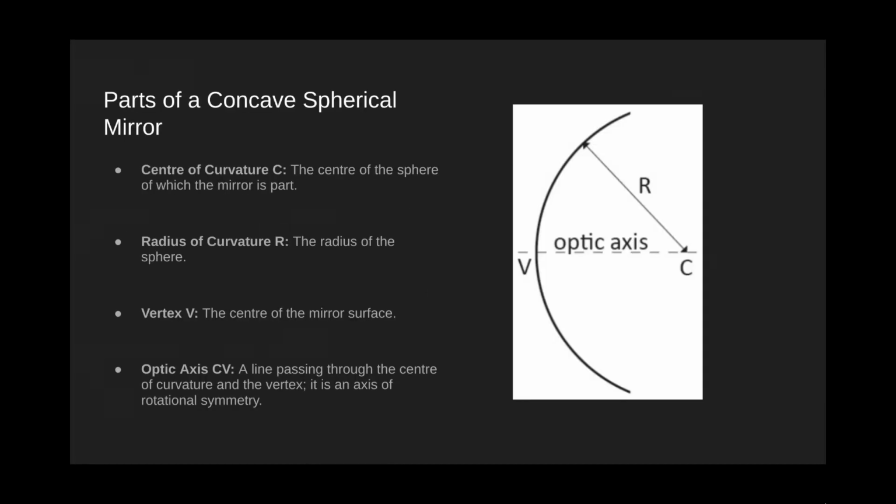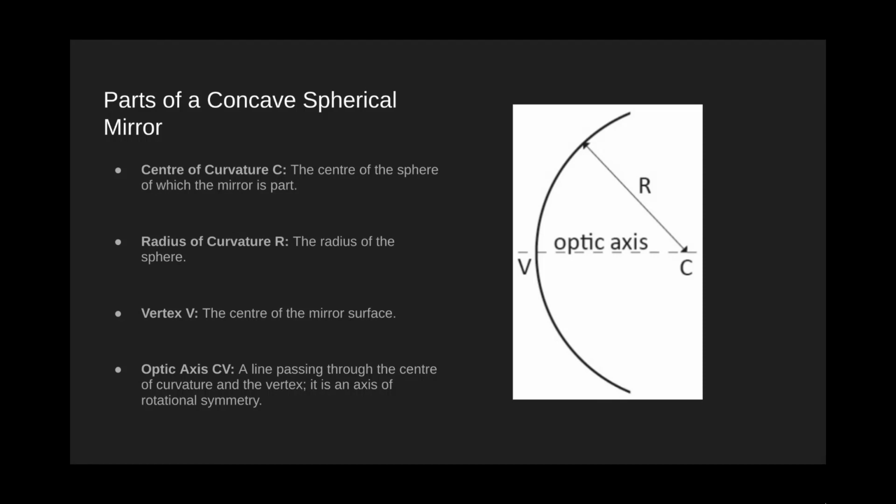So here are certain parts of a spherical mirror. As you can see on the right, there's a diagram of one, and we need to know these parts in order to answer questions later on and also for the sign rules. The centre of curvature C is the centre of the sphere of which the mirror is a part, which obviously makes a lot of sense, and so does the radius of curvature, which is the radius of the sphere. The vertex, however, is the centre of the mirror surface, which is horizontal to the centre of curvature,